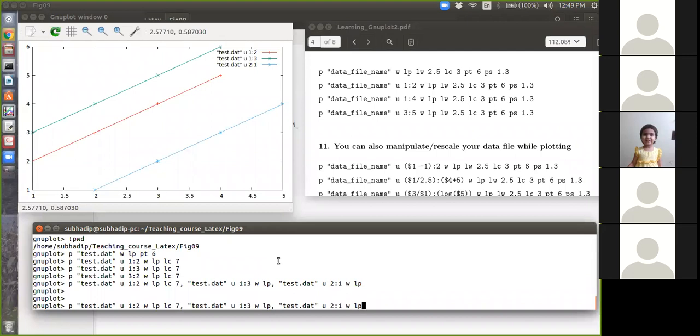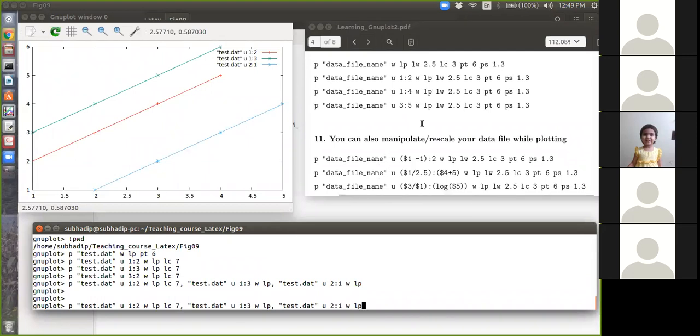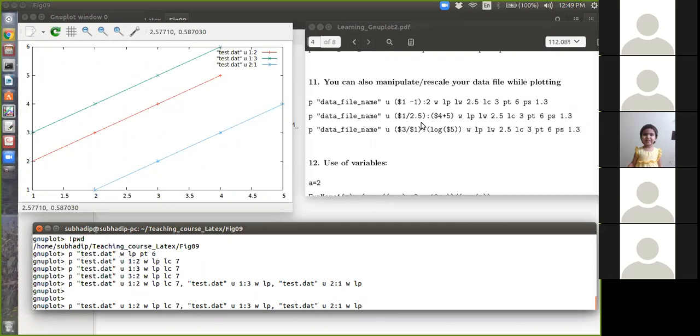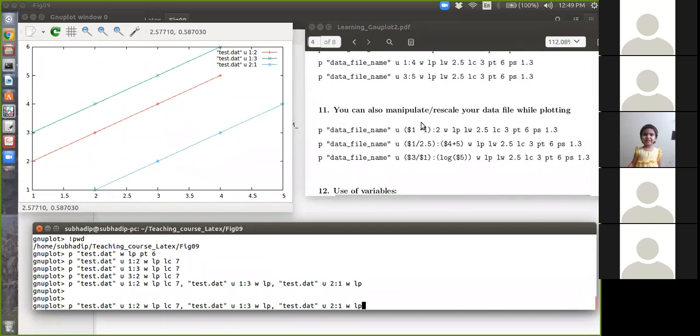Now the question comes, how to manipulate or rescale. Someone asked me how to, yeah, bivariate or something. Okay, so this is the way.